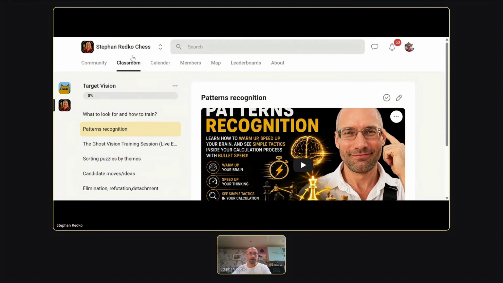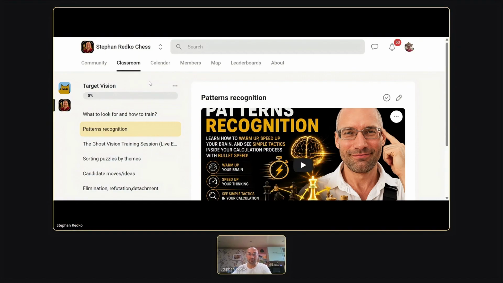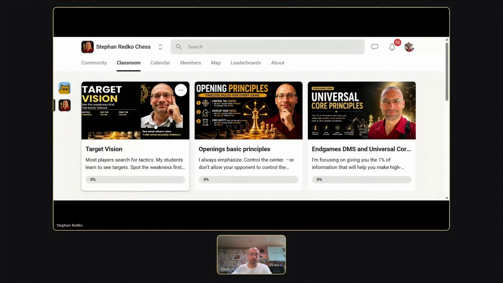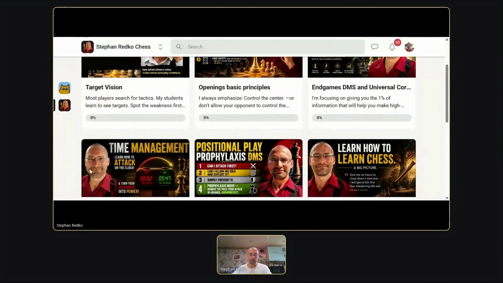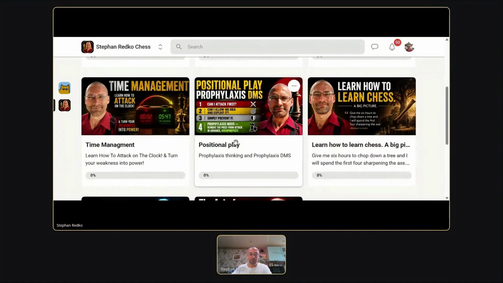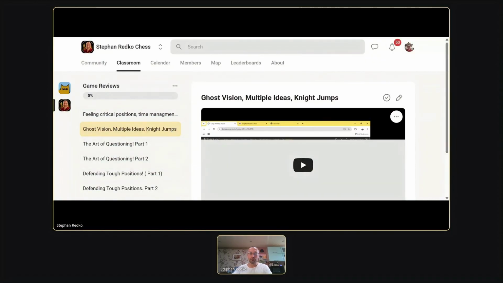Okay, this is the target vision course. It's about targets and ways to them. Guys, I don't know a simpler way to explain chess, and I don't know why not everyone explains like this, because the entire chess is all about targets and ways to them. Okay, and now we move to the share section, and there is a lot of stuff, and you may feel overwhelmed. I don't want you to feel overwhelmed, but I also don't want to delete all this. It's valuable.